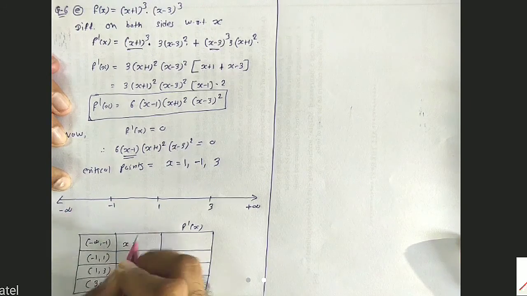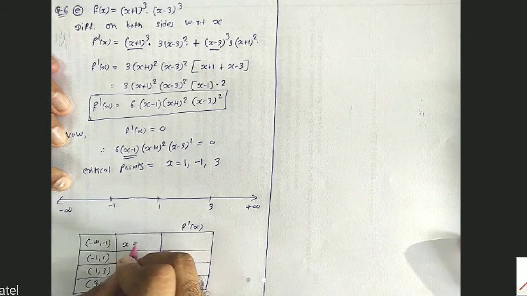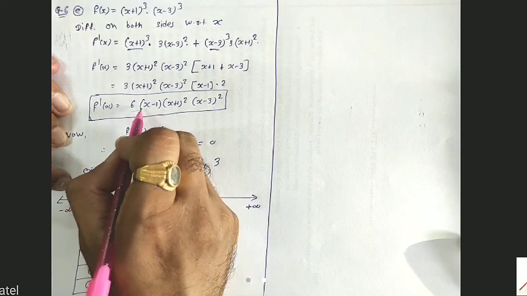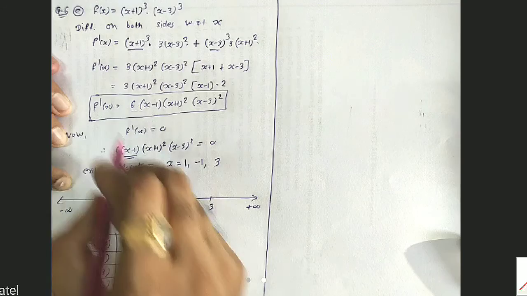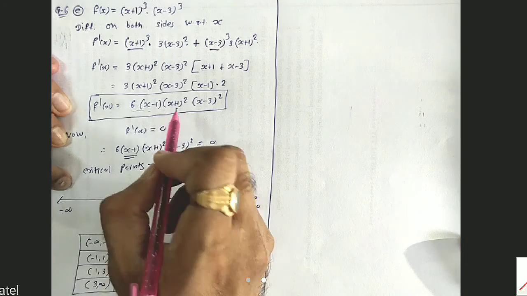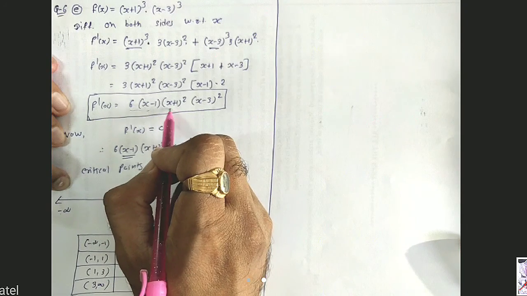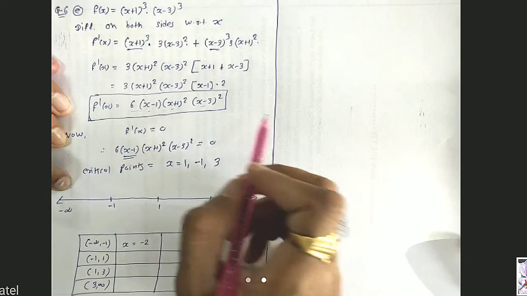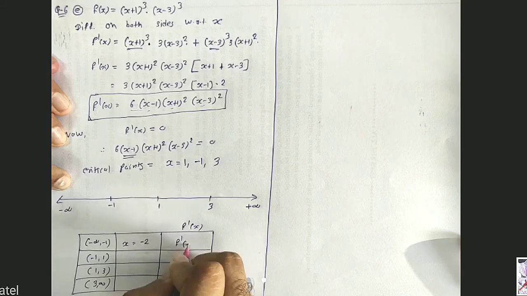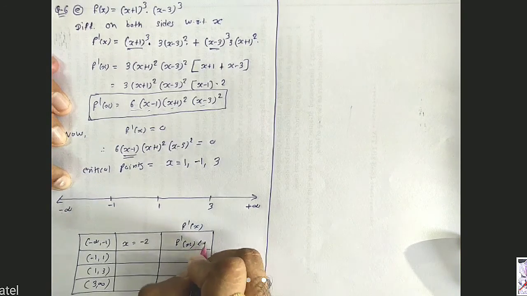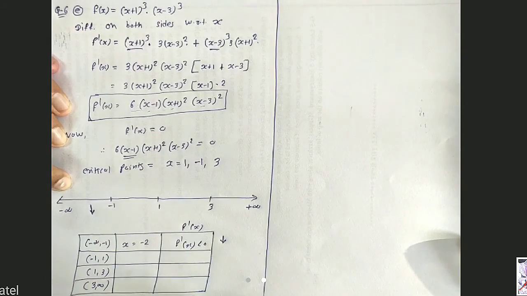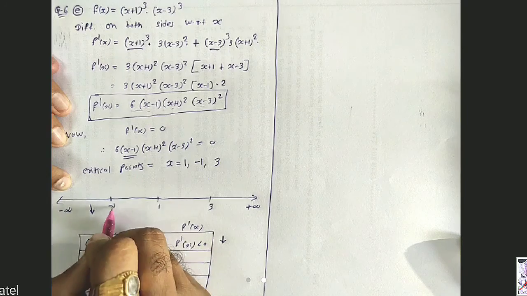Suppose x equal to minus 2. So put x equal to minus 2 in this f dash x. What is the sign of f dash x? If x is minus 2, then it's minus 2 minus 1, this is minus. Minus 2 plus 1 is again minus. The last is again a minus sign. So minus, minus, plus, and minus. So f dash x is less than 0. If f dash x is less than 0, we can say that in this interval our function is a decreasing function. Done. Now the next interval is minus 1 to 1.